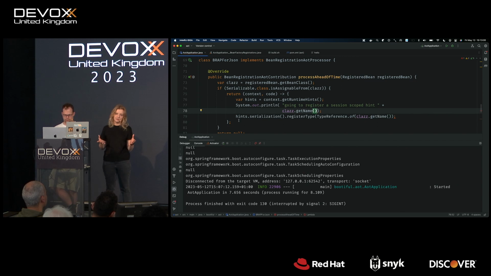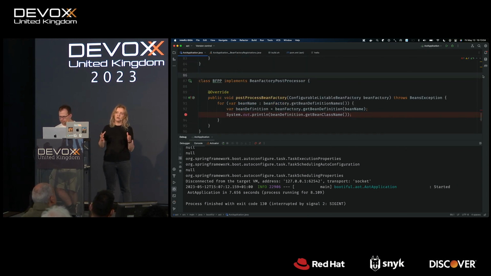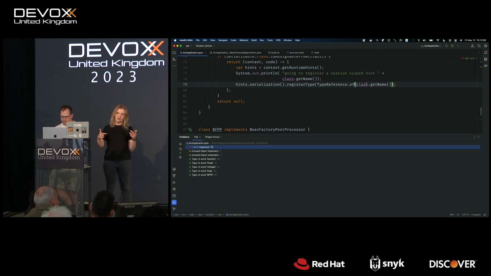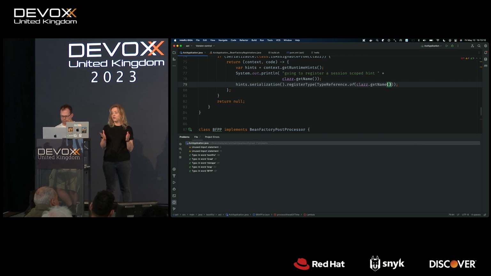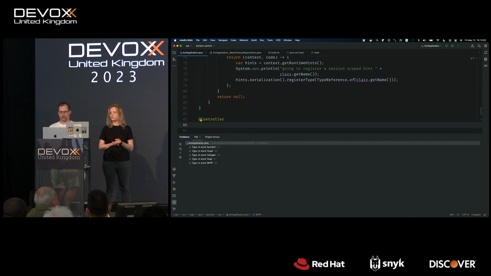And that is good for native image because, well, less configuration, but also even when you run on the JVM, this will be more efficient in terms of performance and memory usage because all those calls are cheaper. So even if you don't want to do native image for some reason, even on the JVM, it will make sense for you to do this processing. Yeah, you can actually run this generated optimized code on the JVM, right?